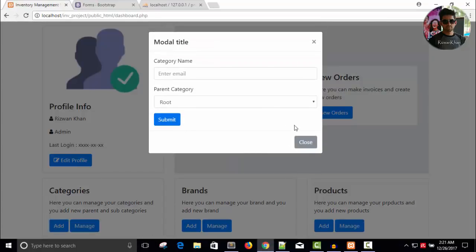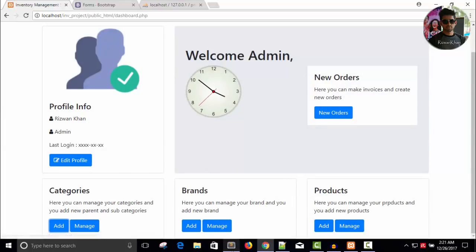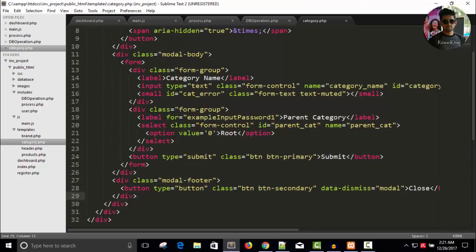Category, this is okay, close it. Now let's map the data. Here is our products, category, and let's give it id equals to form_category, and on submit equals to return false. Just check form category, copy, and in your main.js